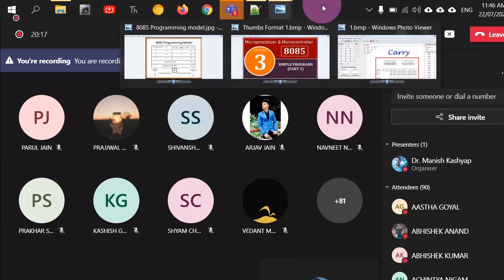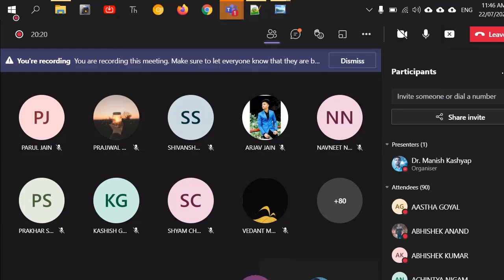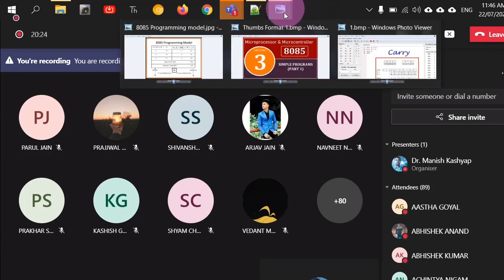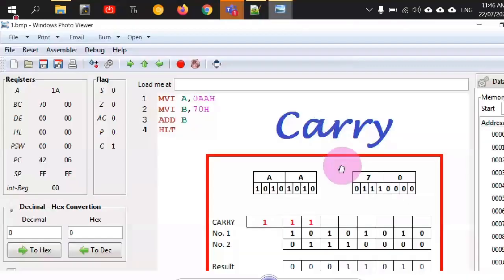Now you can notice that the numbers 0 to 9 are already digits, but the numbers from A to F are not digits, right? So it is a convention in this software that if you begin writing a number, it should always start with a numeric value. But A is not a numeric value, it's an alphabet, right? So to tell the 8085 simulator that whatever is written is a number, you should begin it with a 0. So this is a convention. If you don't put it, I mean, it's not a convention, it's a requirement.